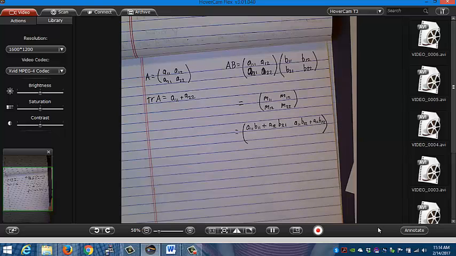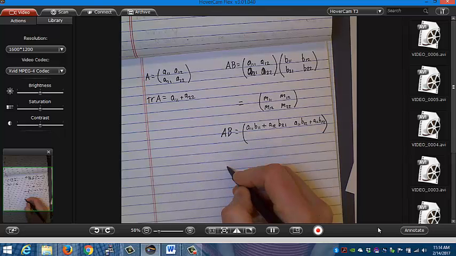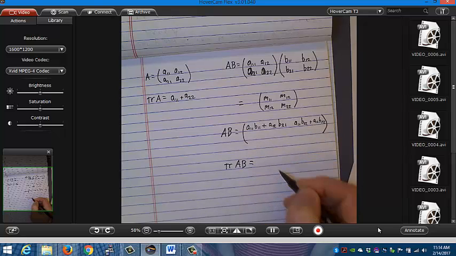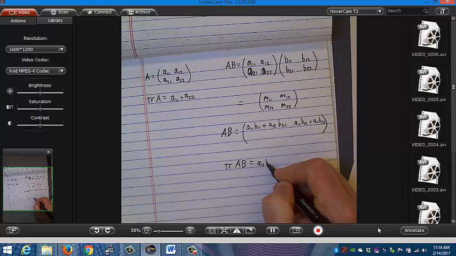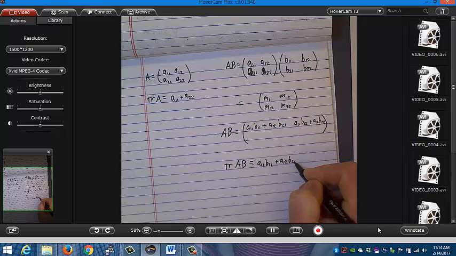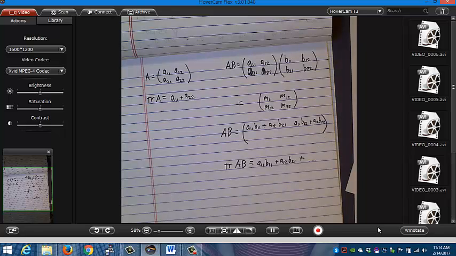Are you with me? Okay. And then this is going to be AB. If I want to represent the trace of AB, that would be this first entry, A11 B11, plus A12 B21, plus, I'll have to work it out, because I still need that entry. But then the point is,